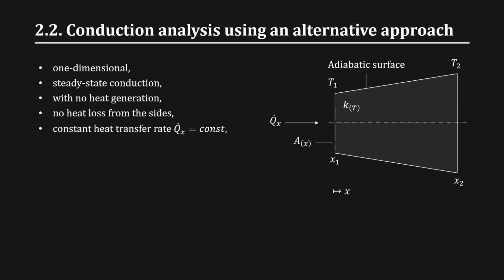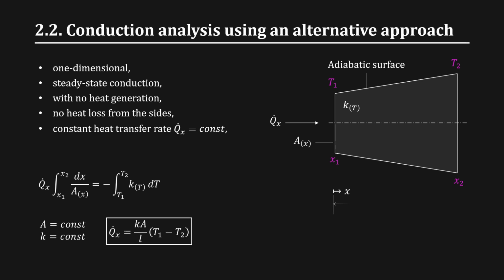of Fourier's law. Starting from the differential form of Fourier's law, Q equals minus k times A times dT over dx. Now we can rearrange terms in this equation, taking into consideration the possibility that A and k are non-constant variables. And then we can integrate over the entire length from x1 to x2, where on the other side of the equation, temperatures vary from T1 to T2. However, in case of constant thermal conductivity and cross-sectional area, the equation can be simplified to this form.